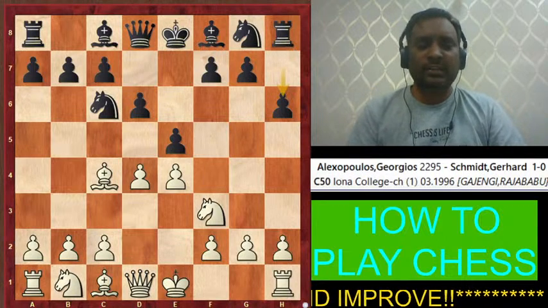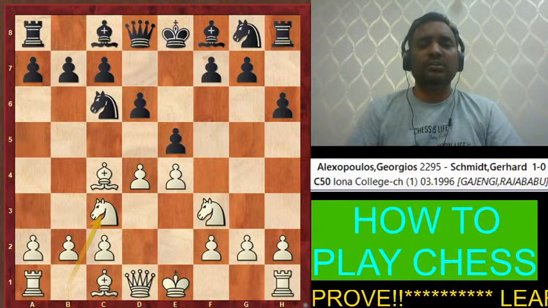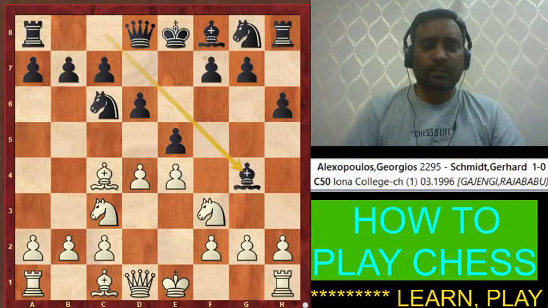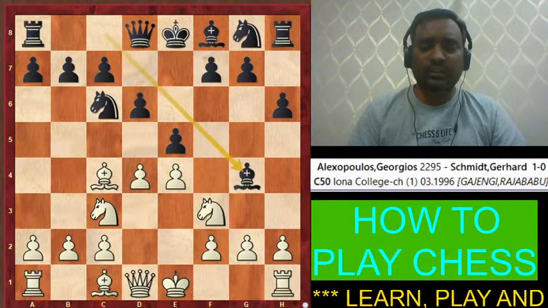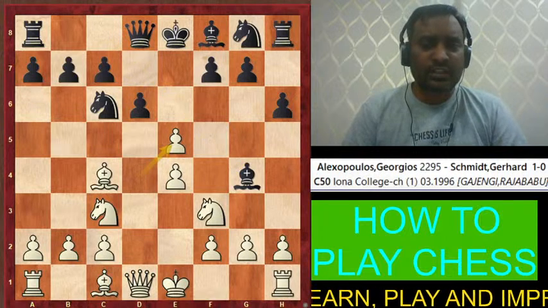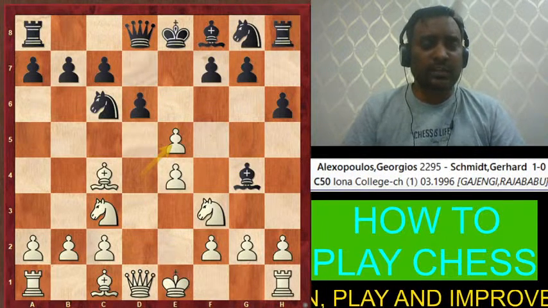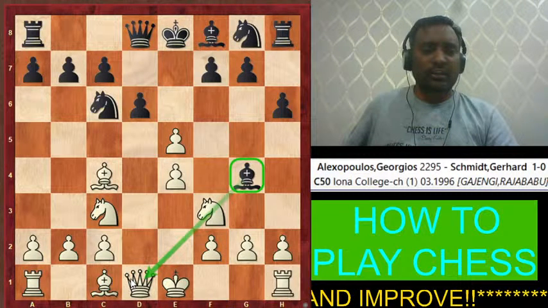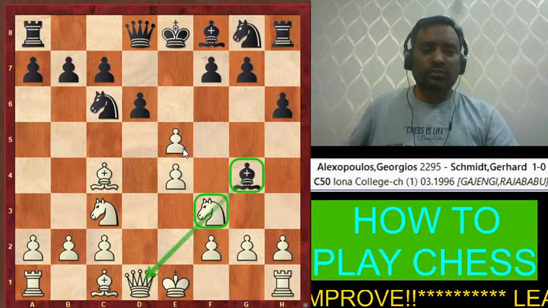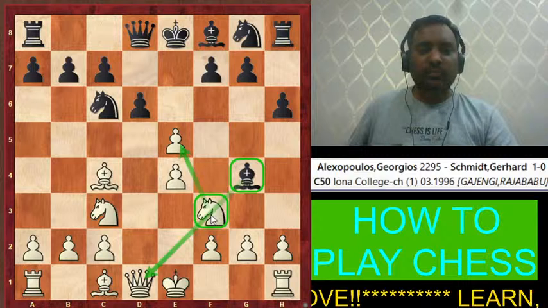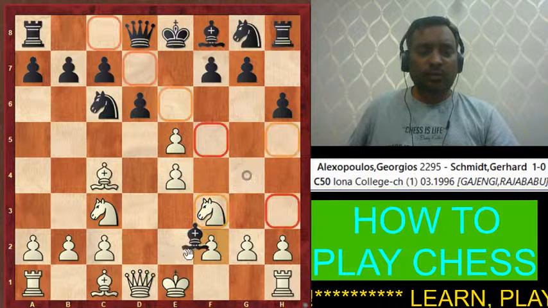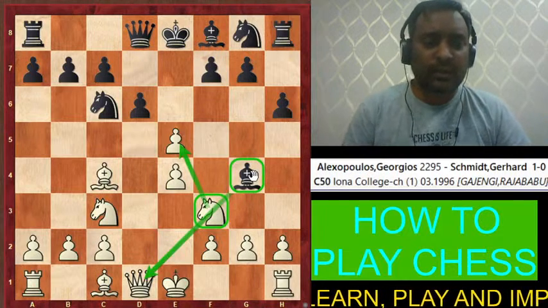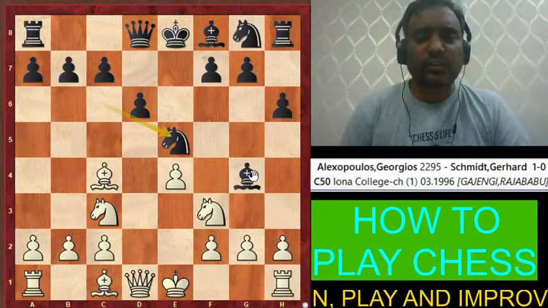Okay, so here he played h6. So white played knight to c3 and here black played bishop to g4. And here white played d captures e5, and here black is thinking the bishop is already under pin. This bishop has already pinned the knight, so the knight cannot move here, because if this knight moves, the problem is we might lose our queen. So by keeping that in mind, here black played knight to e5.